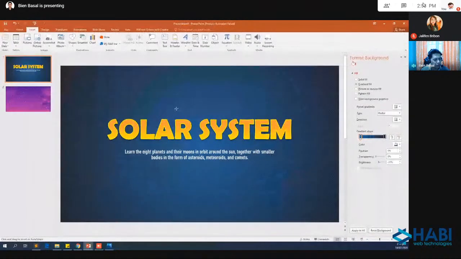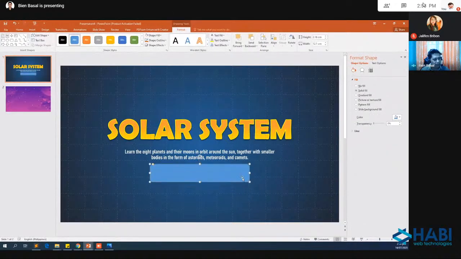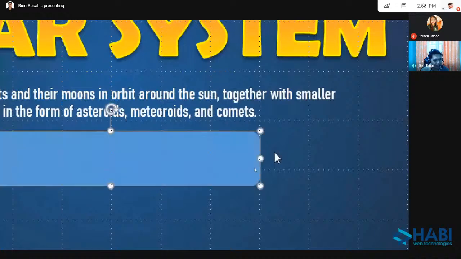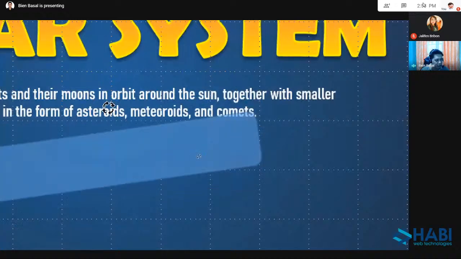You can follow po later kapag meron pa po kayong time. Yan. I will draw rectangle. Siguro mga ganyang kalaki. Yan. Pwede pong smaller. Just adjust lang po ito. Yan. You can adjust po yung size nito by simply dragging lang po yung mga handles niya. Yan. Or rotating po. You can rotate the shape if you want.